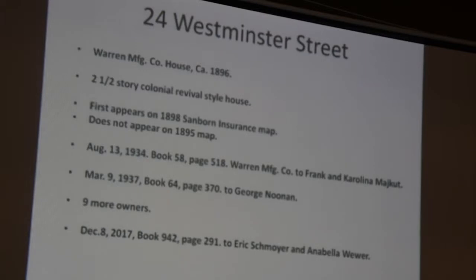To Eric and Annabella, who are not living there right now, but are in the midst of refurbishing it, and they plan to be moving here to Warren, I guess within the next year or so. It's an interesting story. I met Annabella. She's a very interesting person,